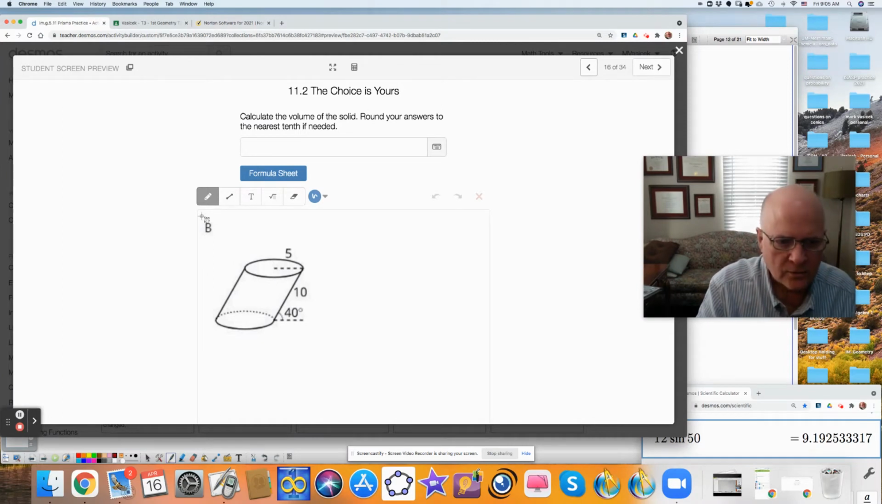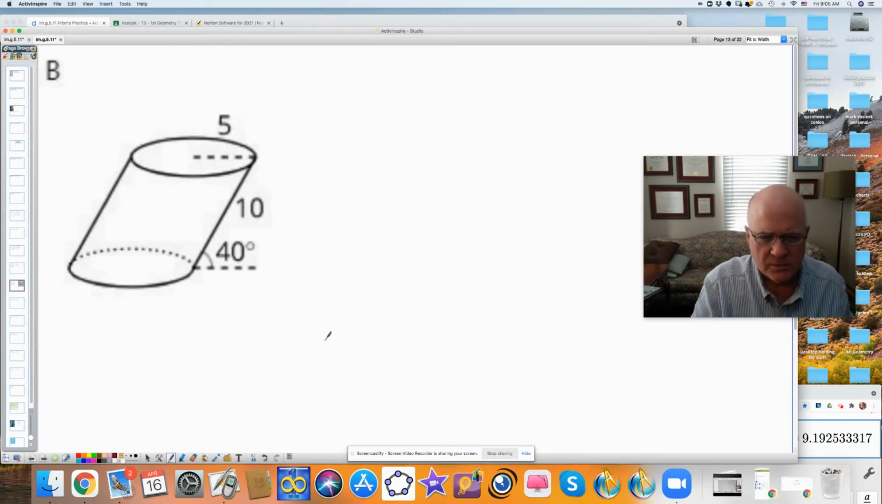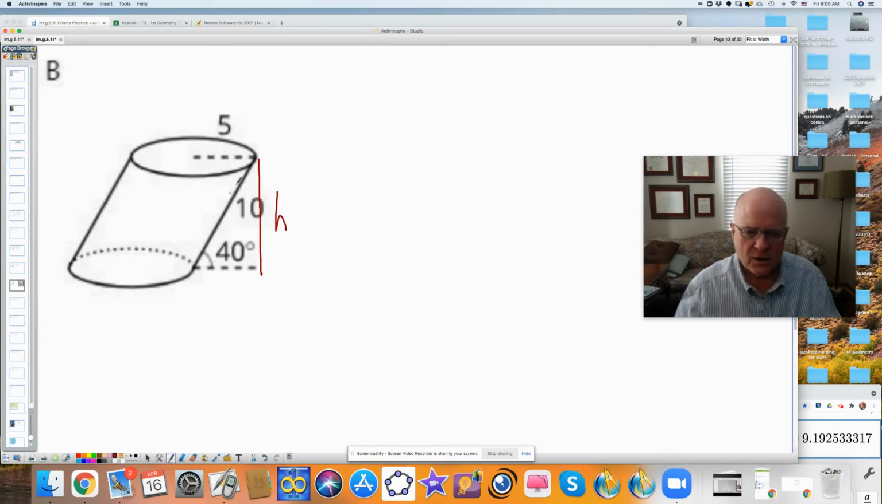And here we go. If I were to work through this one, this one's a bit harder. I need to know the height of this thing. I need to know how far up it is, this height. What I'm given is the slant height. The slant height is 10. So if I have this right triangle, and this is 40 degrees, and this is 10, I'm looking for this height. So I'll use my trigonometric ratios, SOHCAHTOA,